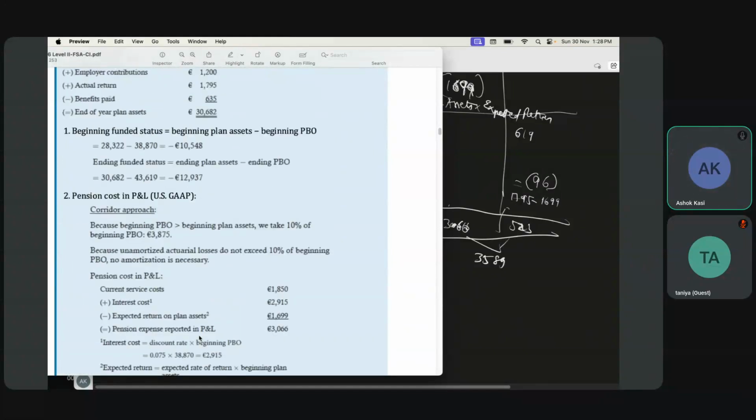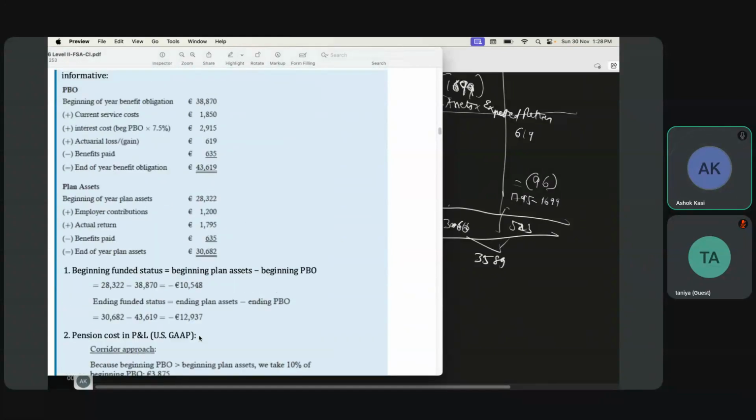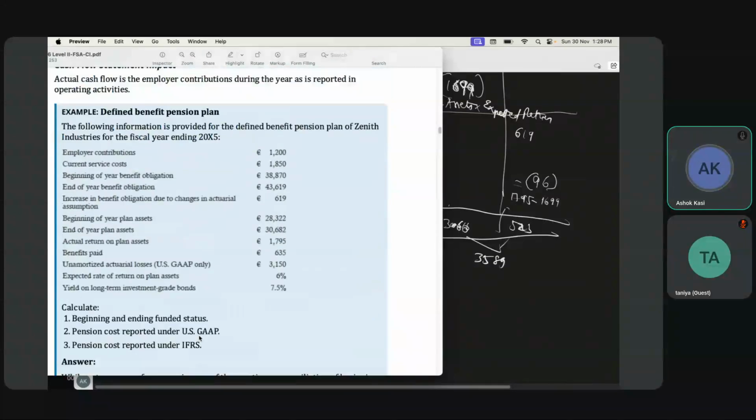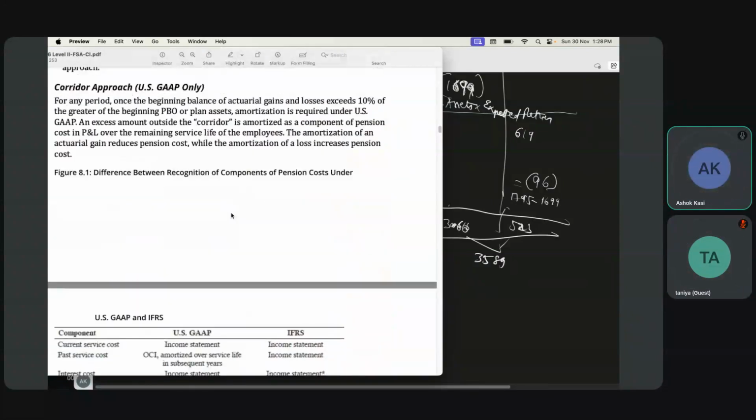Now that one left-out transaction, 3150. We didn't do anything for this transaction. Rest all we are fine. Correct? Now